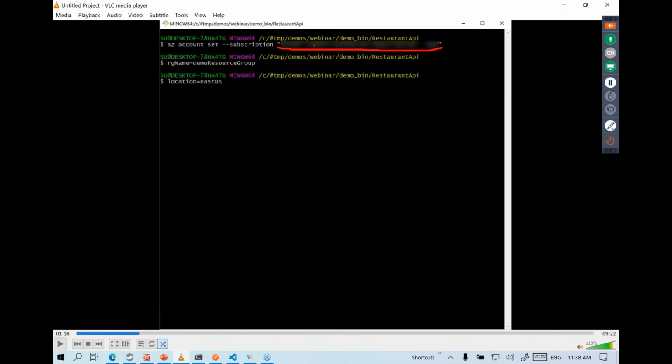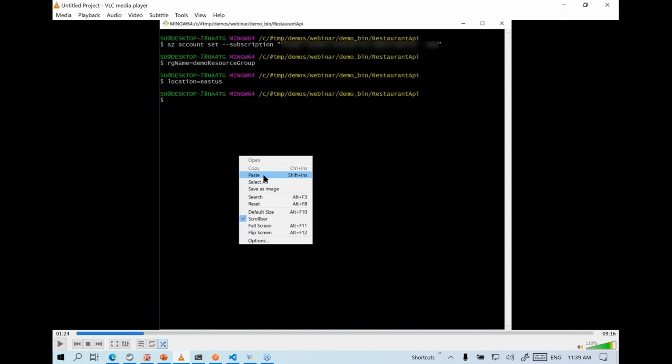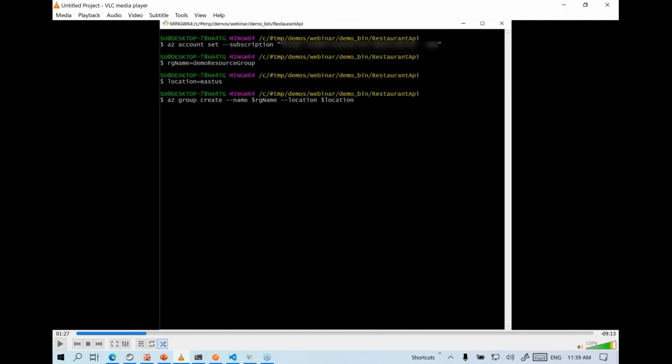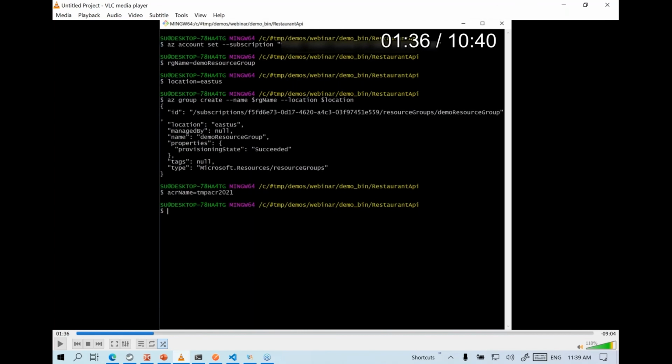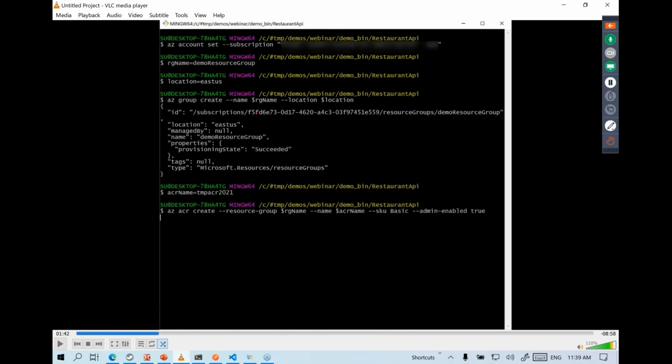You need to specify exactly where on Azure, what subscription that gets billed, you want to use to deploy your applications. Then I'm going to do a bit of homework here. I'm going to create something known as a resource group in the East US location. And more importantly, I'm going to create this ACR. Actually, this is not critical, so it's okay if you guys see it.